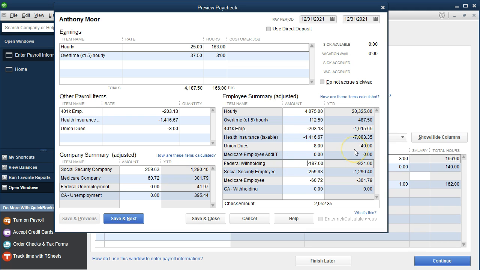We're going to have to type in there the federal withholding, which we're going to say is 187, Social Security 259.63, and Medicare 60.72. We'll also have the employer side with the Social Security 259.63 once again, and Medicare 60.72. Our net check is going to be 2052.35. That's our check number. And so make sure that that lines up, and then we will move forward to the next employee